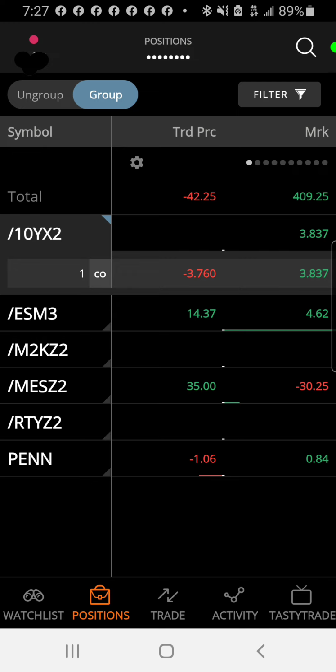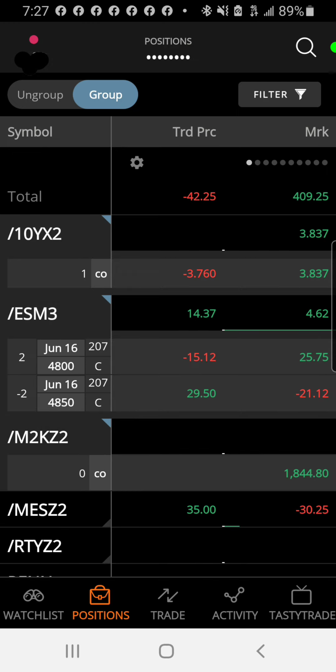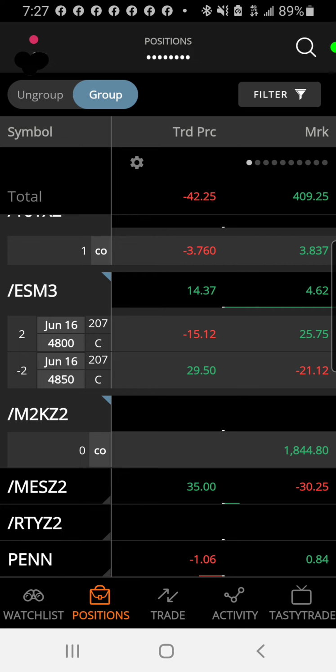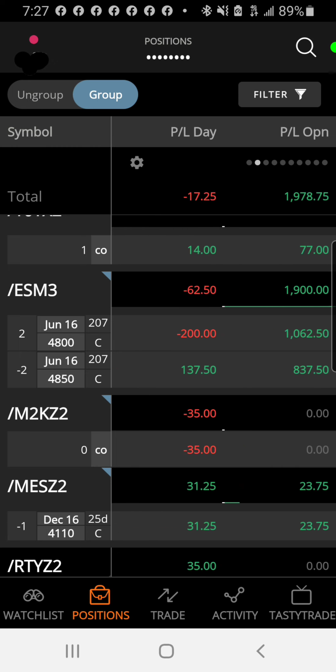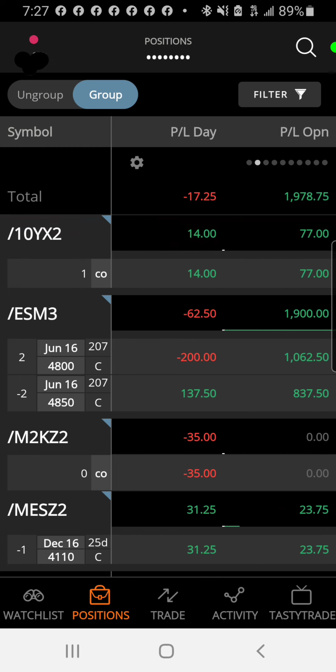This one's kind of weird, and you can look. I'll expand a few of these now. This one I just closed, M2KZ2. That is the micro Russell 2000 index, and I had one contract, but I just closed that today actually. So it's still up there. I could use the filter and get it out of there, but I won't. But let's start with the